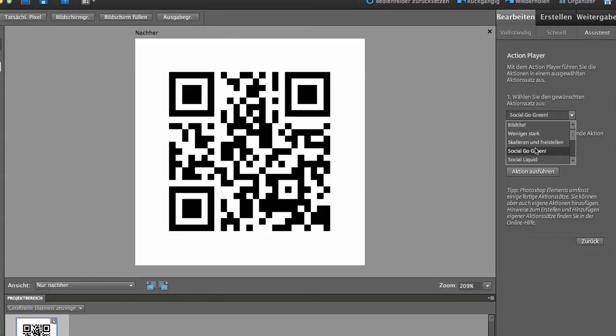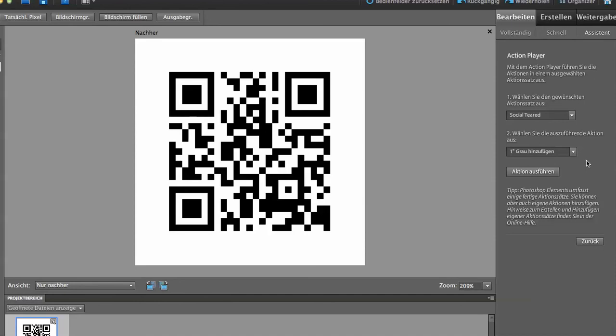But for me, the problem now is I think they don't work because I just go to social tier or something like that, but then the executable action doesn't show here. I think it depends on the language version of Photoshop Elements, and it would be very nice if you had extra actions for non-English versions like German or Italian or Spanish or whatever, because Photoshop and Photoshop Elements is available in all these countries.